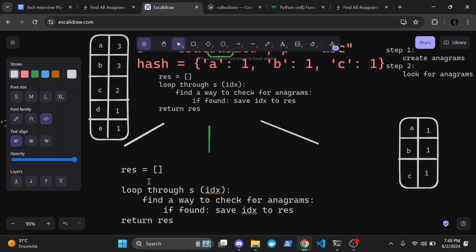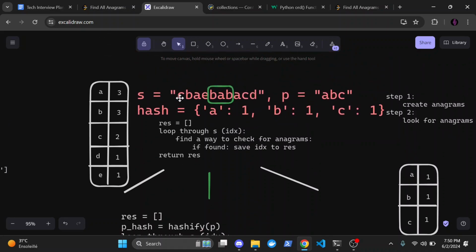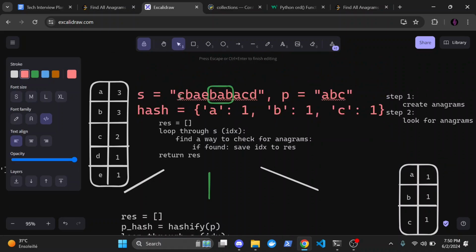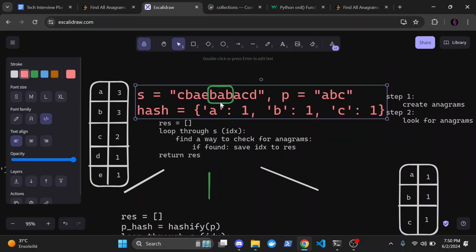Exactly, yes. So in this case, we would have a hash for P. It's the thing that we're going to keep comparing to, right? So P hash equals whatever hashifying way. So just hashify P, and then we loop through S. But we're not looping technically through the whole of S, right? We're only looping until